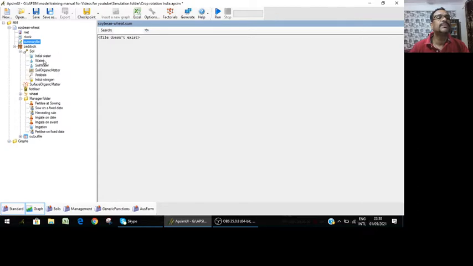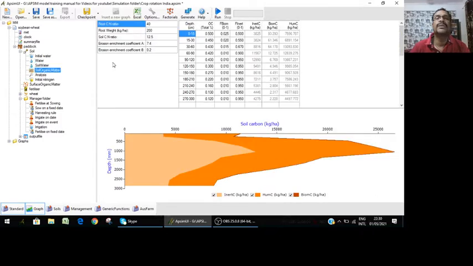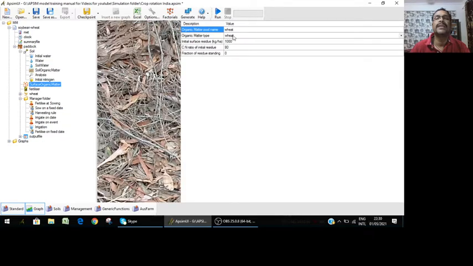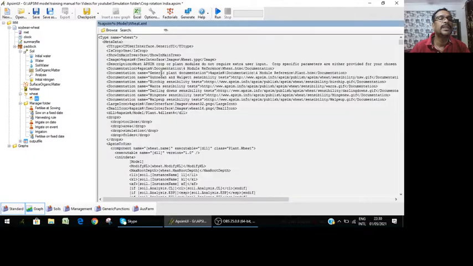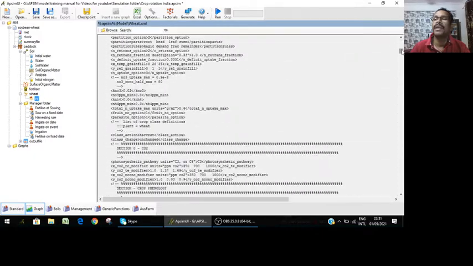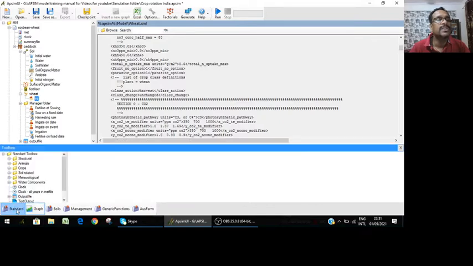So as of now, soil, water, and depth of all those profiles, and soil organic carbon, and surface organic matter, it is showing wheat. Now you got wheat, and we got all those ini files where you have all those varieties here. So now what we'll do, because we are talking about a soybean-wheat rotation, we bring soybean to it. So go to the standard toolbox, go to the crops